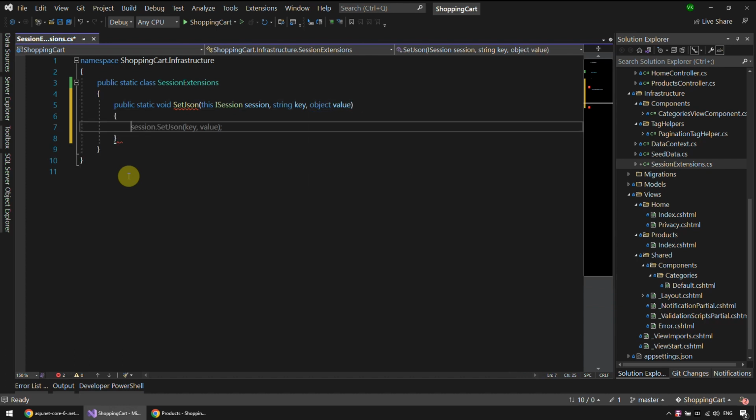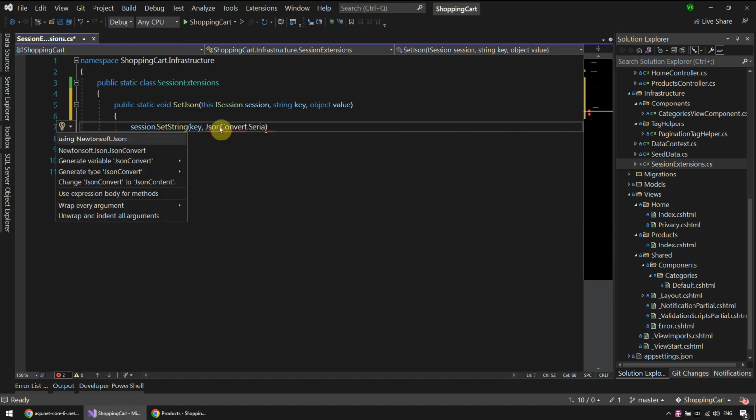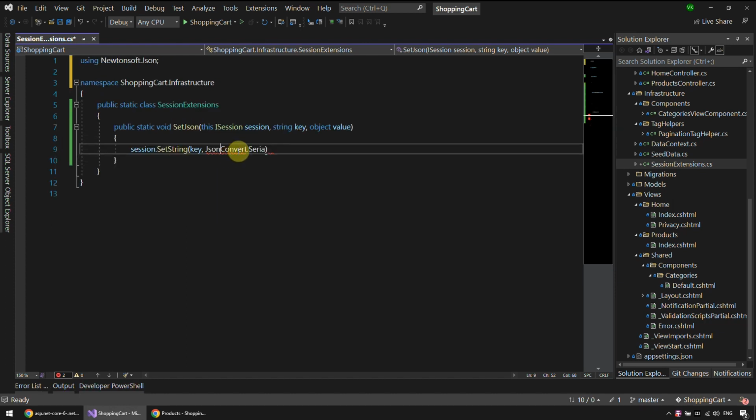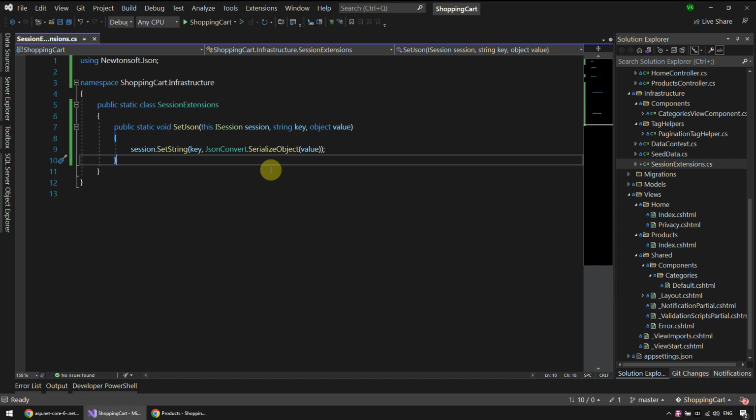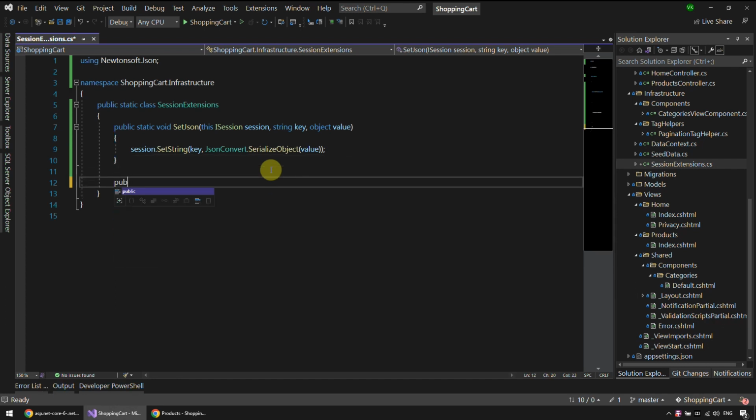Okay, and session SetString key and JsonConvert.SerializeObject, and let me import, SerializeObject and value. Okay, so that's to set,